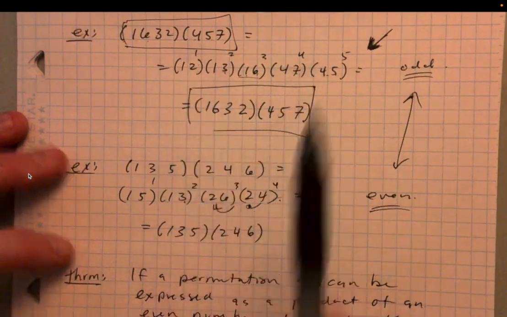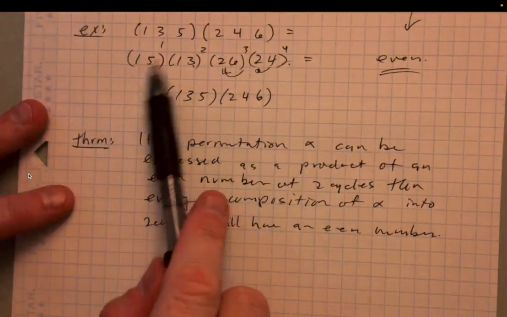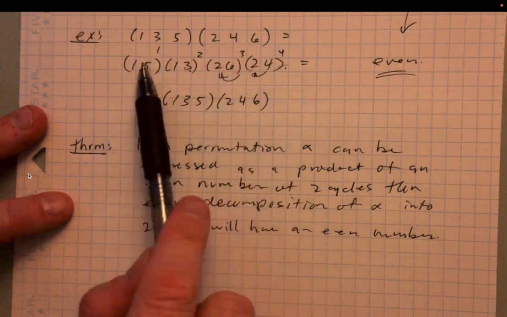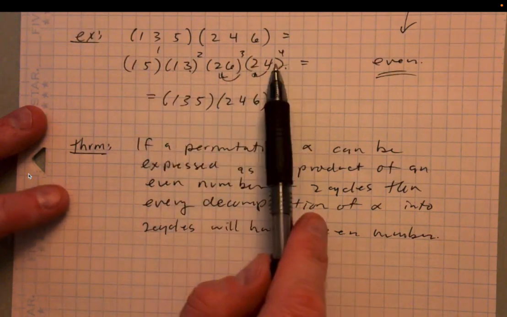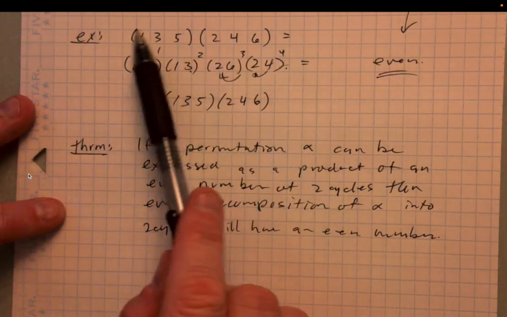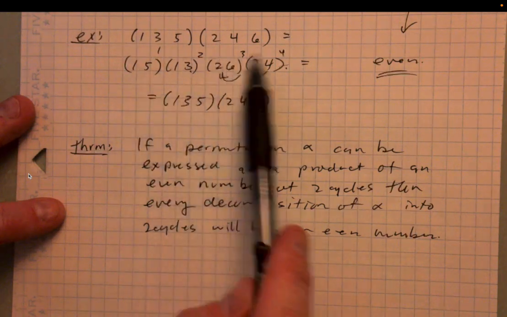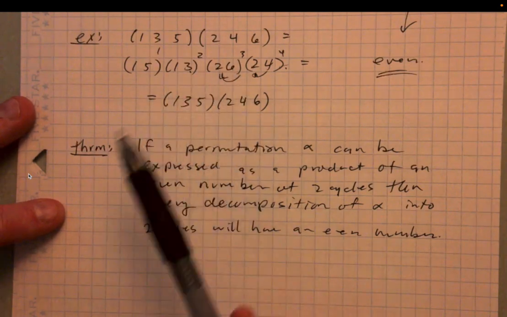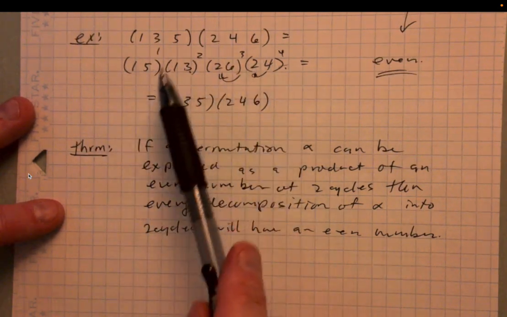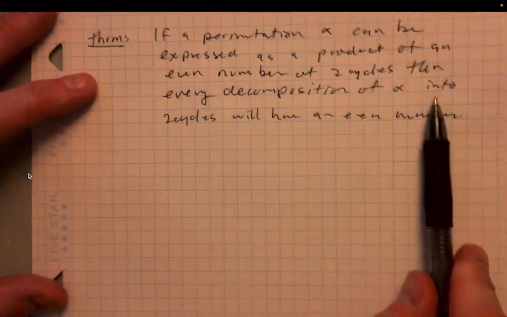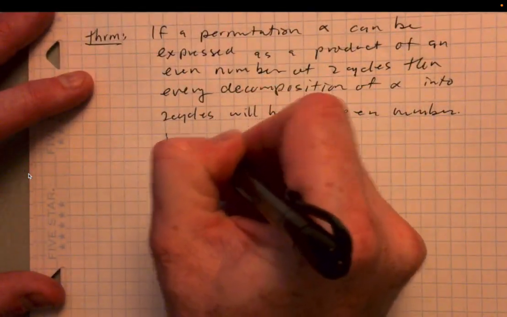So here, for example, let's do this one. Here I was able to decompose this permutation into a product of 2 cycles, 1, 2, 3, 4 of them. So what that means is that there's no way for me to break this permutation down into 2 cycles where there's an odd number, like 5 or 7 of them, or 3. It's always going to be even. Now, a little further here, what we can say in general,